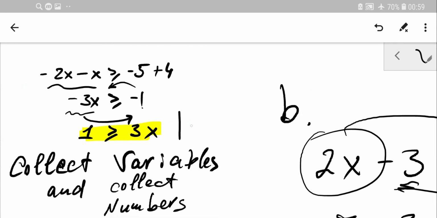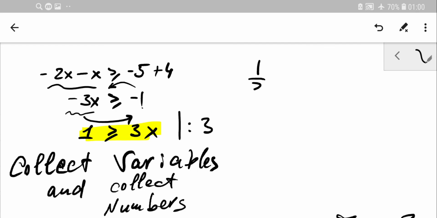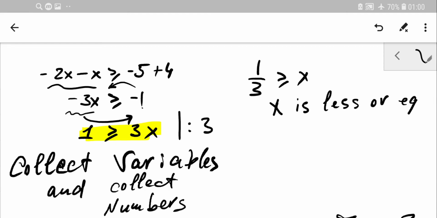So you just simply need to divide by 3. 3 is positive, so you keep the sign the same. So that's why what you need to do, you just simply need to divide both parts by 3. So you'll get 1 over 3, keep the sign as it was originally, as you notice, and never change the sign on its opposite. So, and instead of 3x, I'll get just x here, because 3 was cancelled. So in this case, I see that x is less or equal, so you can write x is less or equal